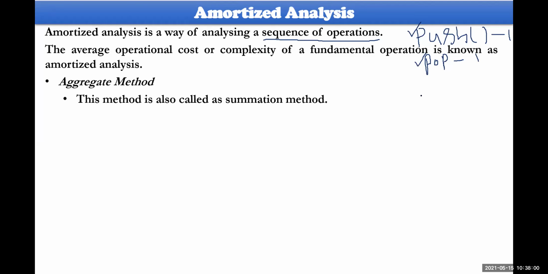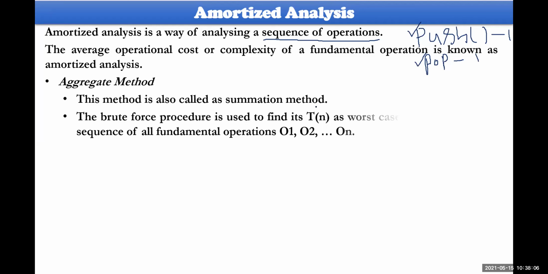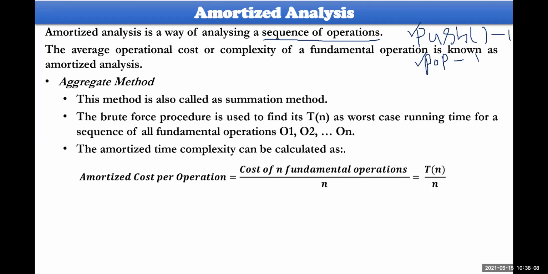Within this one, we have only one thing, that is the aggregate method. This method is also called summation. Let me give you one example, then you could understand. Amortization complexity will be applied something like this. Amortization cost per operation will be the cost of n fundamental operations divided by n. Let us consider one particular stack, whatever the purpose of the stack might be. So one push, again one push, so two pops,